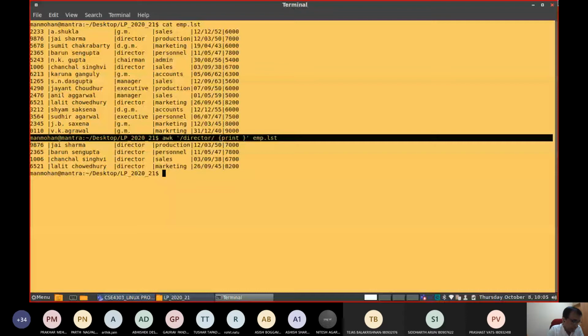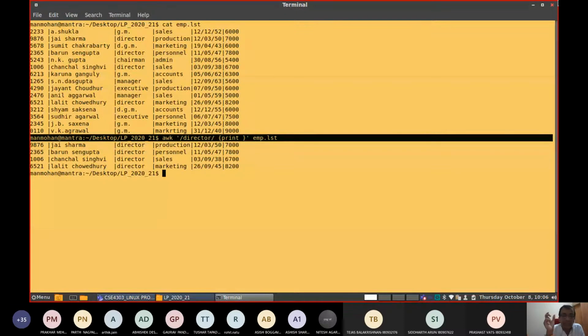And actually this AWK is named after its authors, Aho, Weinberger and Kernighan. So AWK is one of the scripts or filters to process any kind of text file. Now if you look into this command, you can identify some general format, the so-called syntax. The syntax for this is, the first part is AWK, and after that you can have some options, if any. In this command I don't have any options with the hyphen mark.